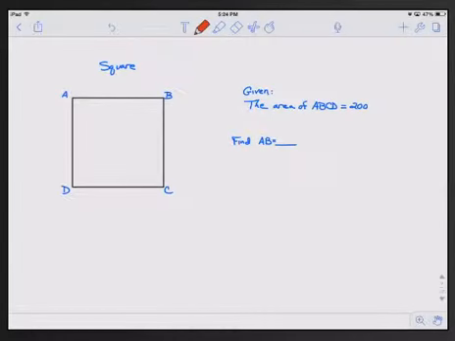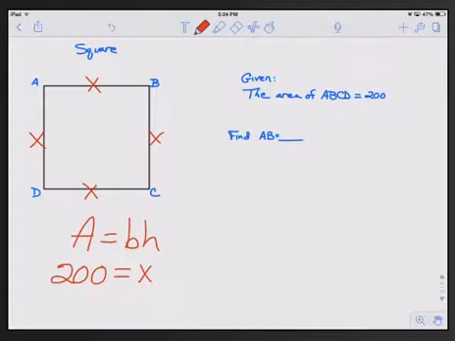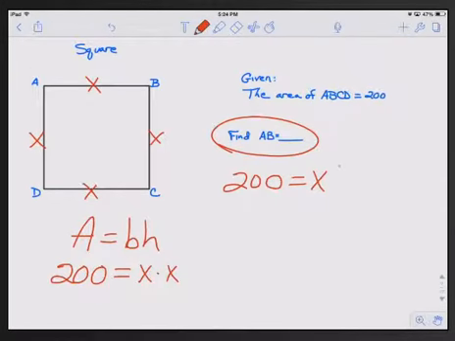For the next problem, working backwards, the area of a square is equal to side squared or base times height, either way. And if you have the area given, you say it equals the base, which is x, times the height, which is x, and all the sides are of length x. So AB, the answer to the question is x. So we have x times x equals 200. So if 200 equals x squared, x equals the square root of 200,